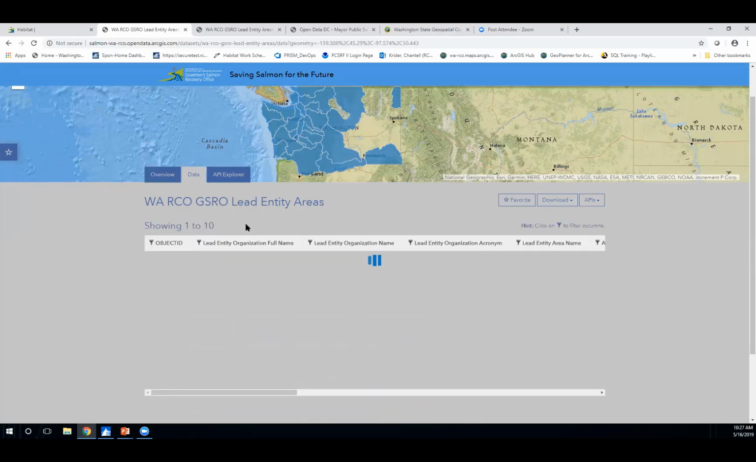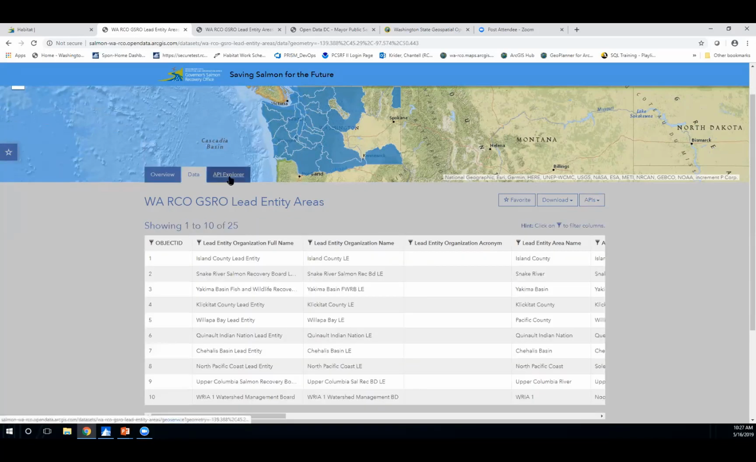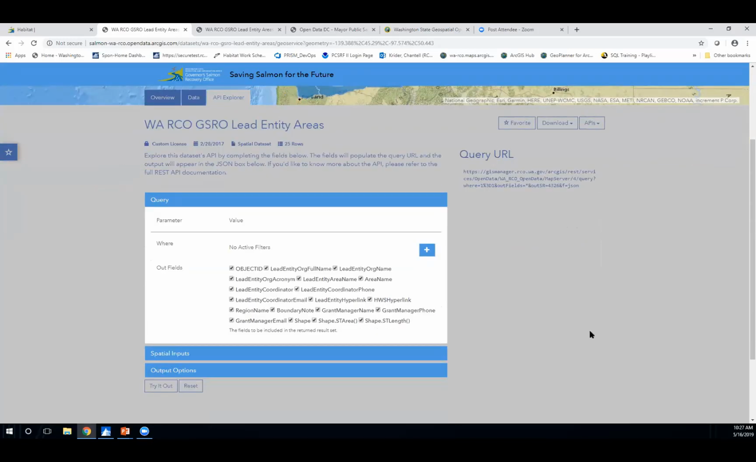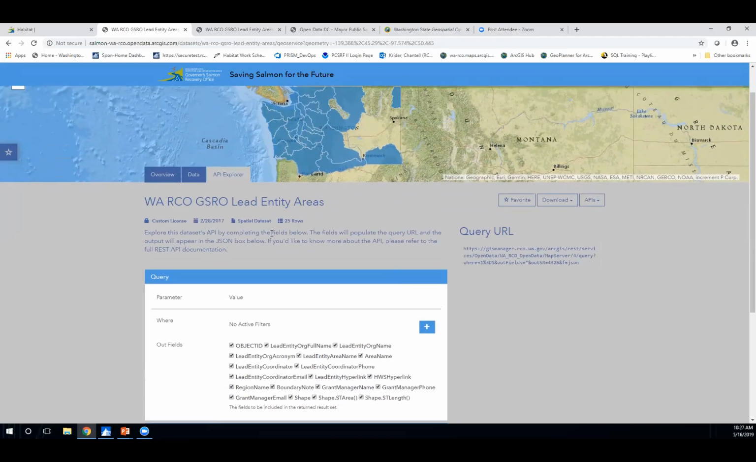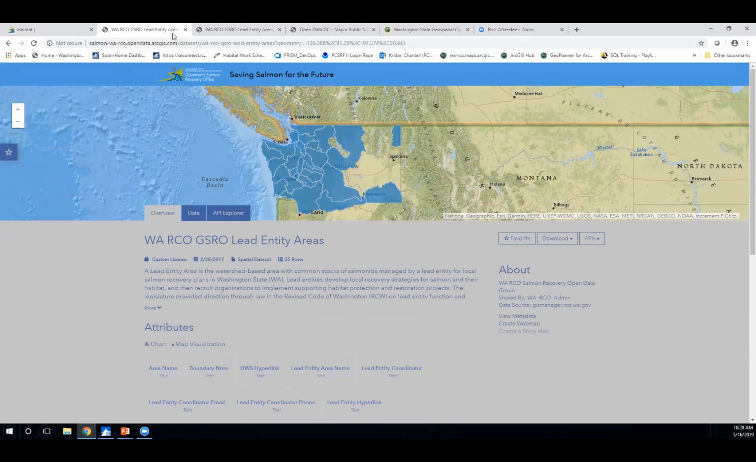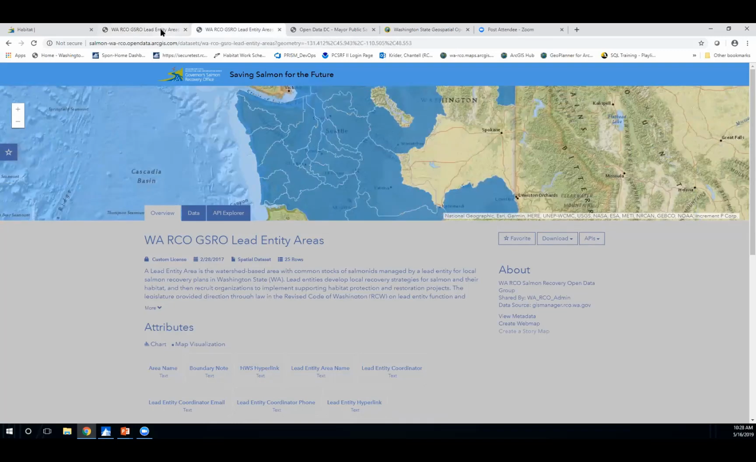And all the data are set up this way. So this is a closer view of the attribute table, and then some API export, what the fields are, and that API if you so choose. So that's what the hub is providing. And then if we go back,